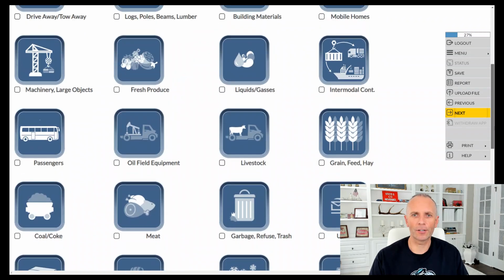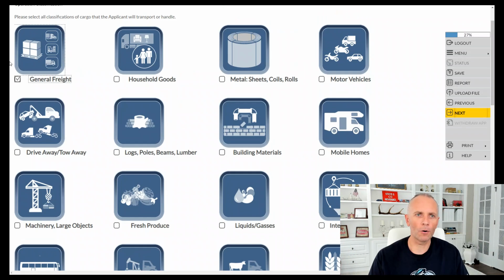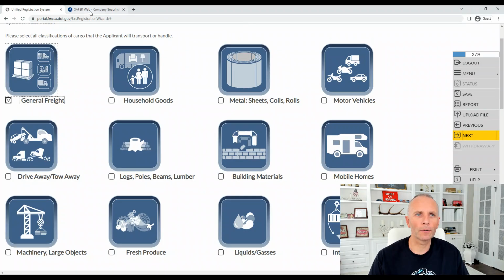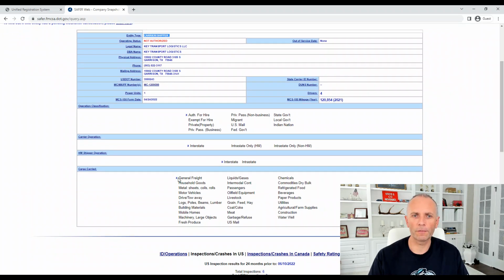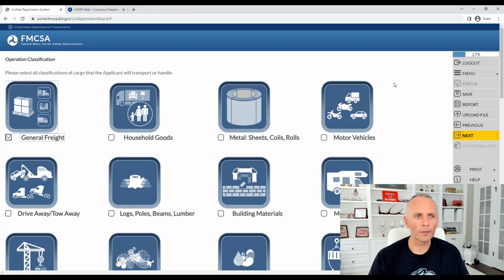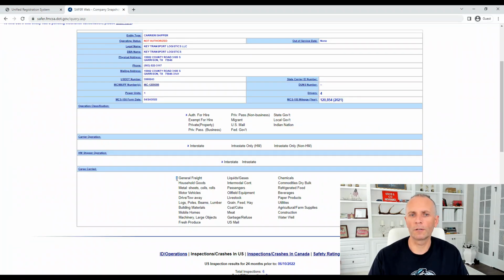Like I said, I feel that clients are like, oh, bingo, and they start checking all the boxes. I've seen it time after time. And let me go back. So in this example, at least this guy did it properly. He's on the general freight and he's just general freight. And that's the box he checked. I mean, there's like 60-70% of commodities that fall under general freight. Because I've seen where sometimes people would be general freight, they would check meat, building materials, vehicles, paper products,